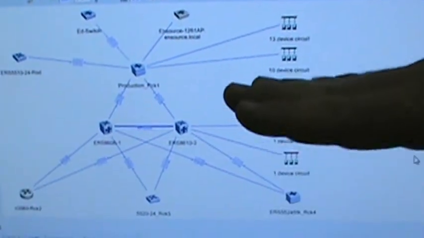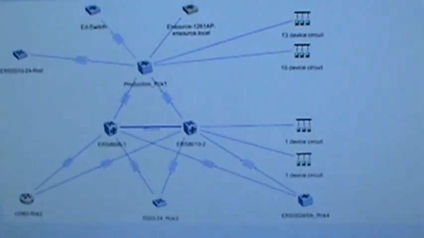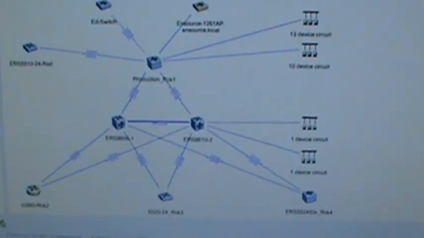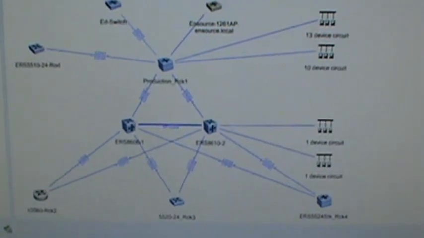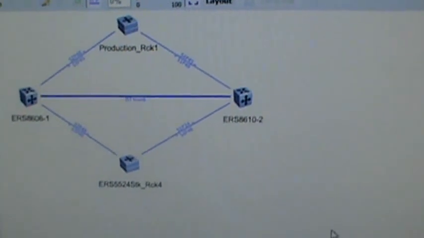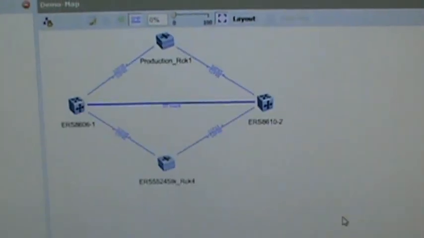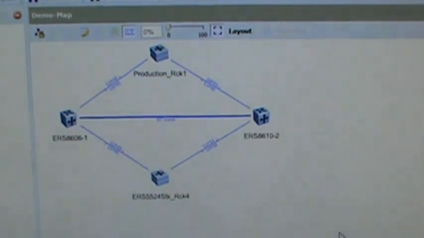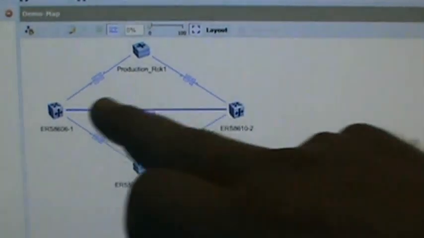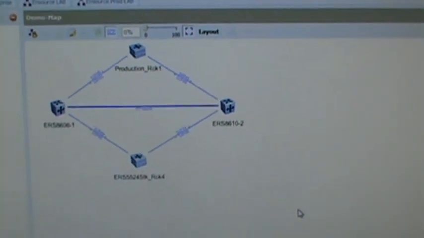As you can see here, this is our network that we run in Ensource right now. This lower part is the lab, this upper part is our production network. You can see that everything is dual homed back to the cores. What I've done is I've actually simplified this to a map that is just illustrating what we're going to be doing today. I have a phone off of this production stack, and I have a phone off of this production stack tied back to the cores, the 8600s. So let's implement a call,